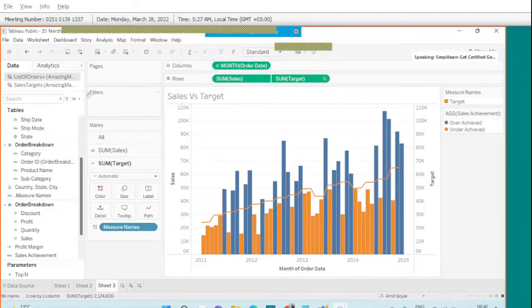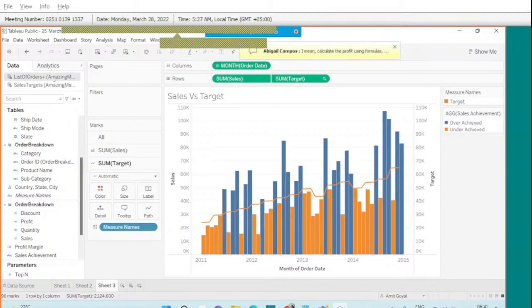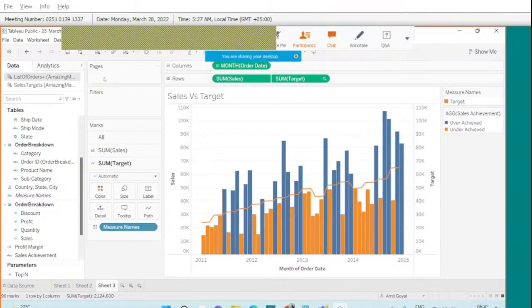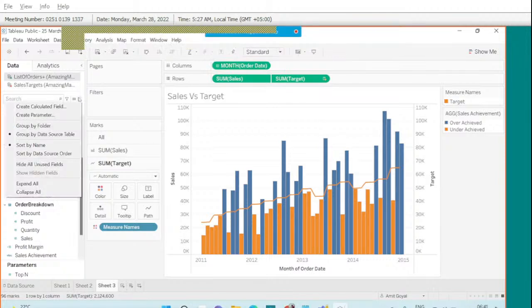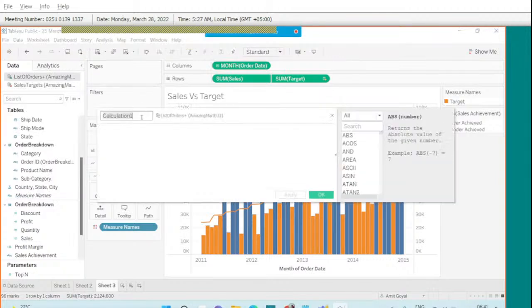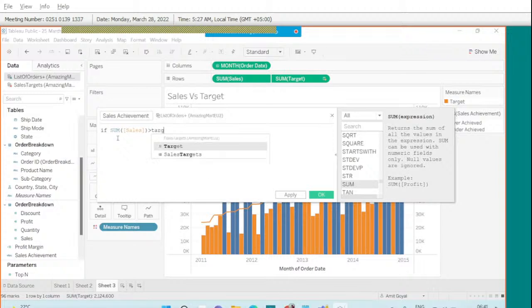See how we have made the calculated field. Your list of orders should be selected, and you simply say over here, create calculated field. Give it a name, like I gave it the name sales achievement. And you will have to write a formula: if, now this is the condition, I am saying if my sum of sales is greater than target,